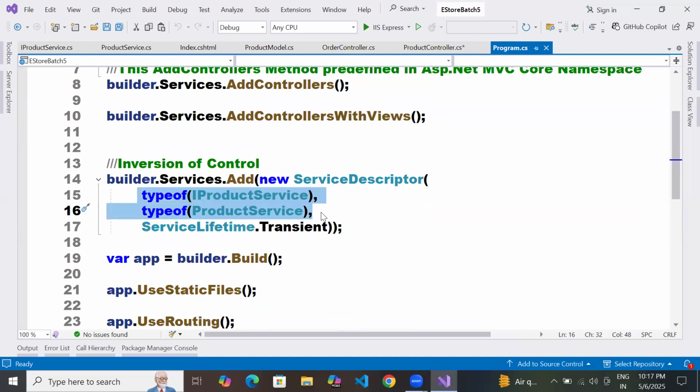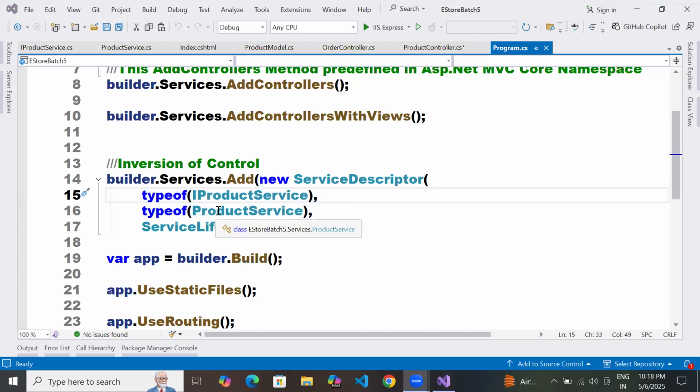Okay. Suppose, sir, that an interface is inherited by multiple classes. Yes, you can define which one you want. If we want both, at that time you can create different objects. That's not a problem. You can add one more builder.Services line. Absolutely, you can add one more builder.Services, but that is not the right way to do it. Why? Because if you do that, there is a conflict of interest about which service I need to call.